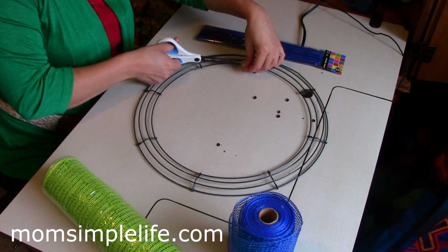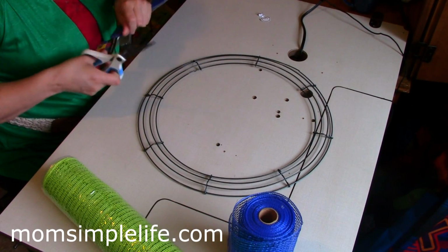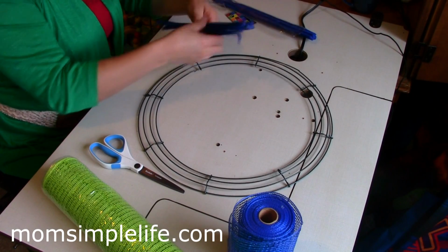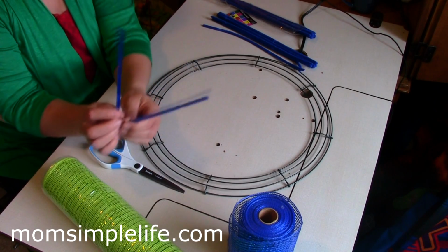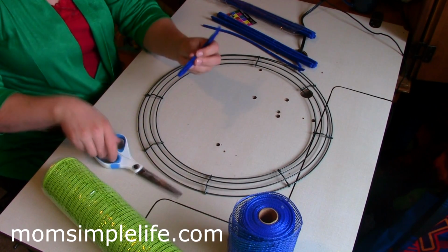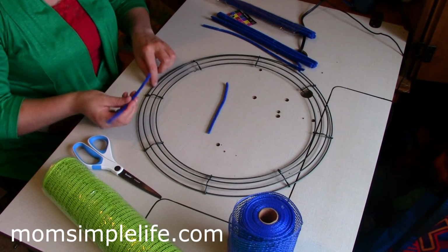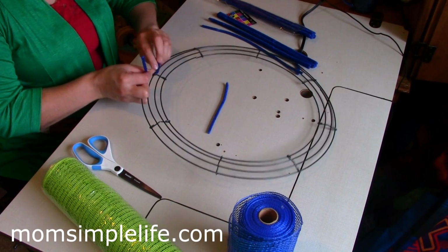So we just take the tag off. I usually only use half a pipe cleaner because this is pretty big to be using. You can see how big it gets. By just cutting it in half, it's a good size, so then I can make a lot of wreaths out of a pack of 25 pipe cleaners. Then we just start wrapping on the outside